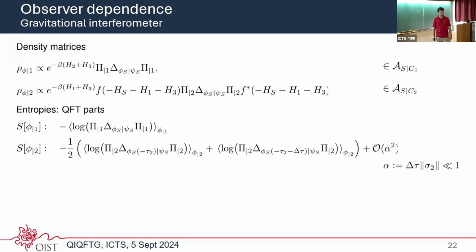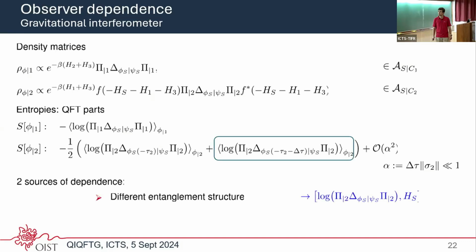I see. And could you remind me what was the definition of this pi conditional 1 or pi conditional 2? This one? Yeah. So this projects on the overlap between your system spectrum and minus the spectrum of the clock, because then you know that there will always be eigenvalues such that the full constraint is 0.